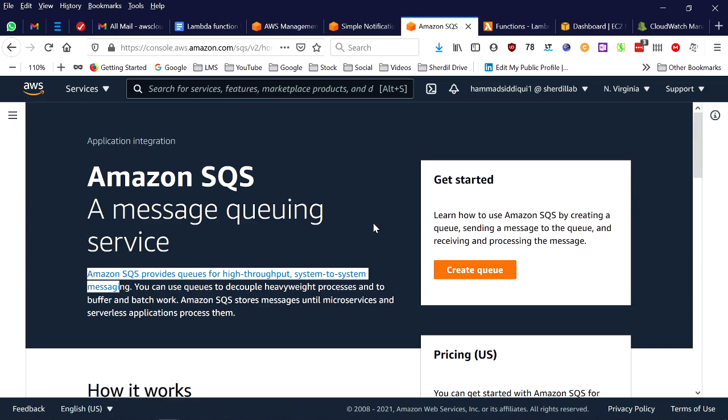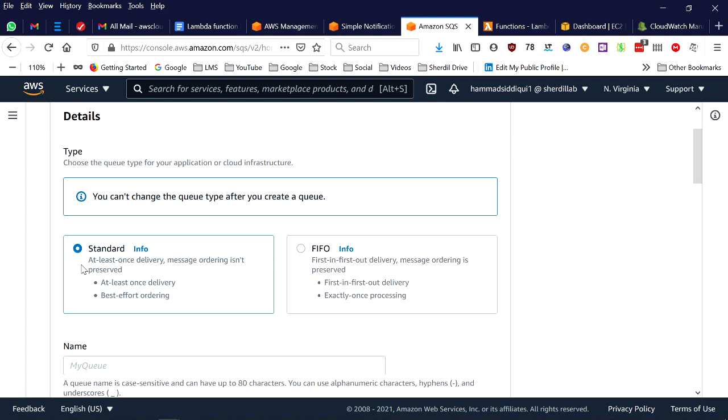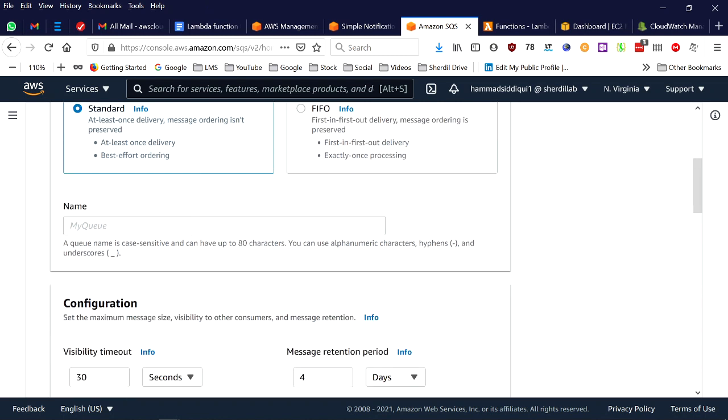So let's quickly go to create a queue here. Over here, same thing. We have different types, like Standard and FIFO. Standard is at-least-once delivery, best effort ordering. FIFO is first in, first out, whatever message comes in first goes out first. This one is actually used a lot, being used by Kinesis data streams. Whenever the clickstream comes in, it translates the data and moves it up to the next level. So we'll just keep it basic,